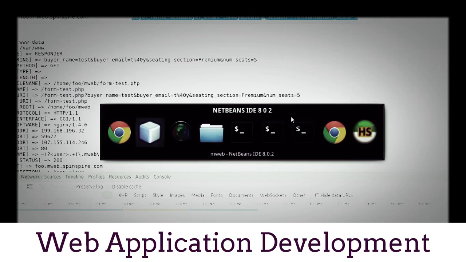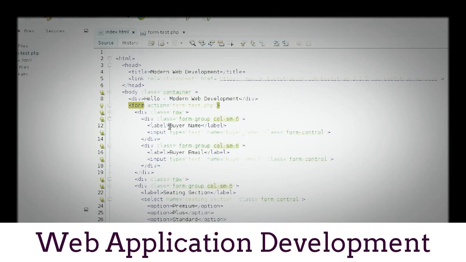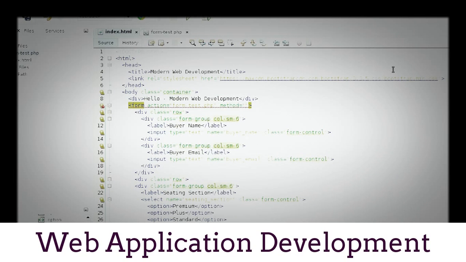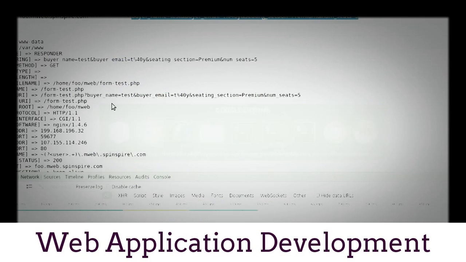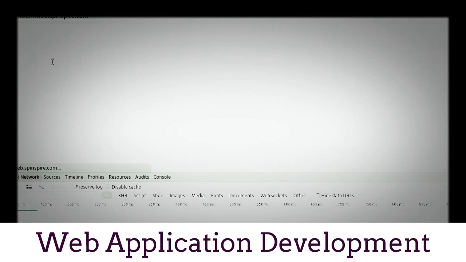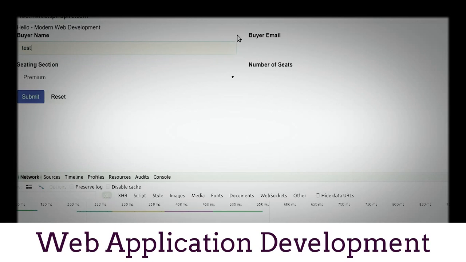The POST requests, which is exactly what we are going to try now: go to the form and add a method attribute and give it a value of post. So if I save, now when I hit reverse, and then of course I have to refresh in order to make it a POST,